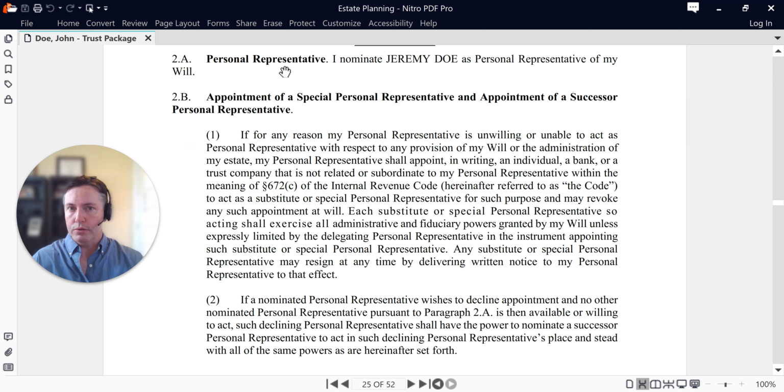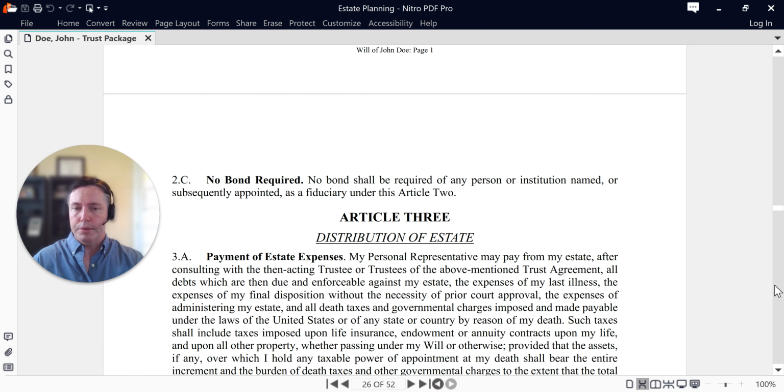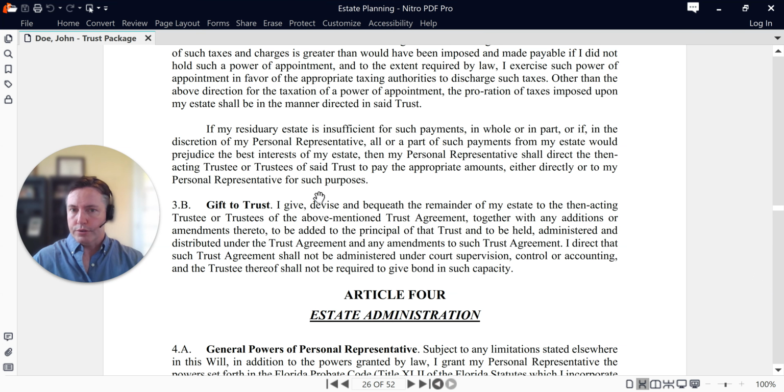And remember, all wills, if they're going to be used, are going to be used in probate. So you're nominating the right person, the executor, and you're saying who those beneficiaries are going to be. And it's just the trust. Okay, we've already done all the planning in the trust, so you just refer back to it. We call this a pour over will.